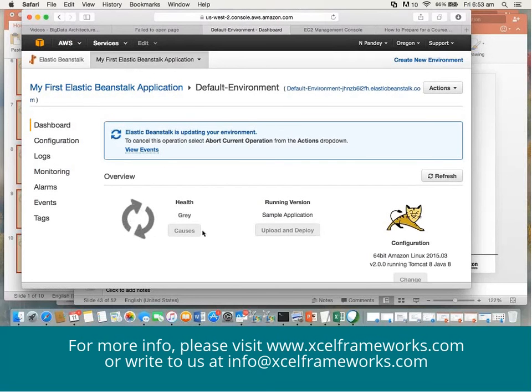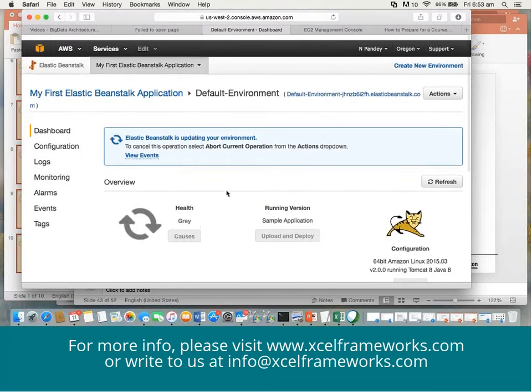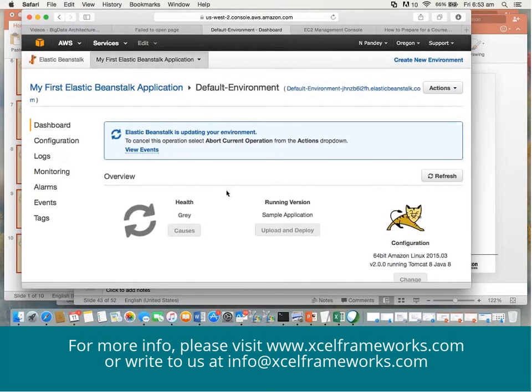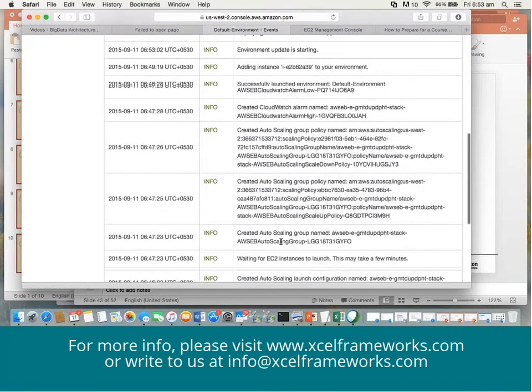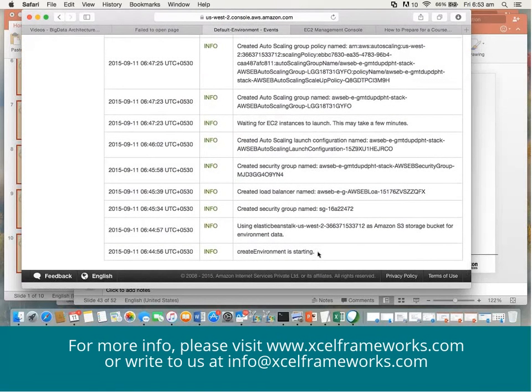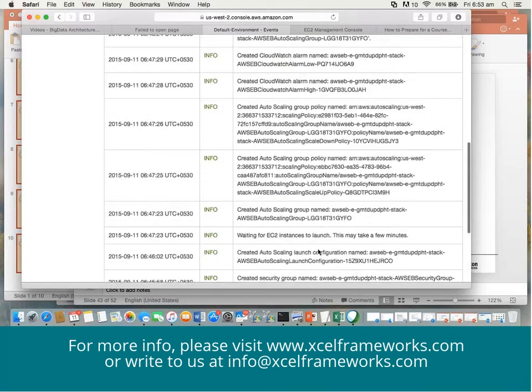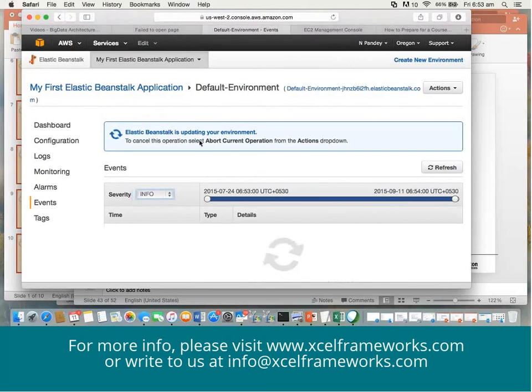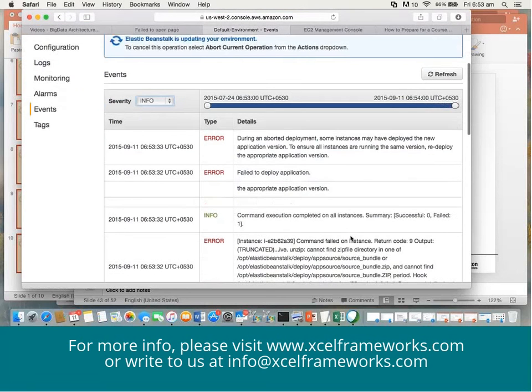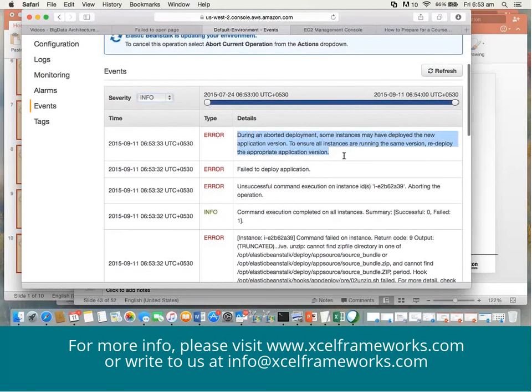So the task of the administrator becomes simple, right? See the events. You can change it to info so that you get each detail. See error.